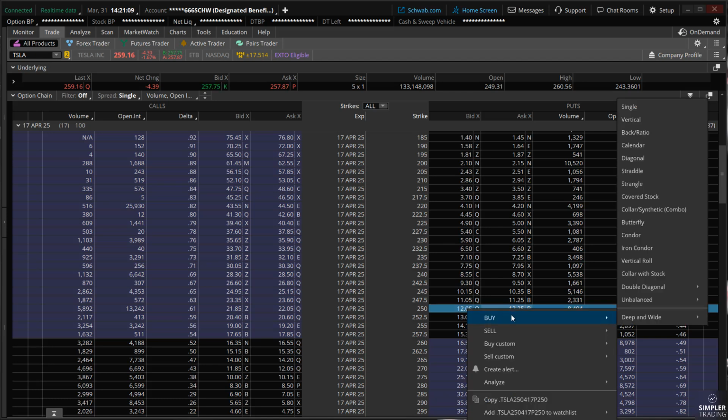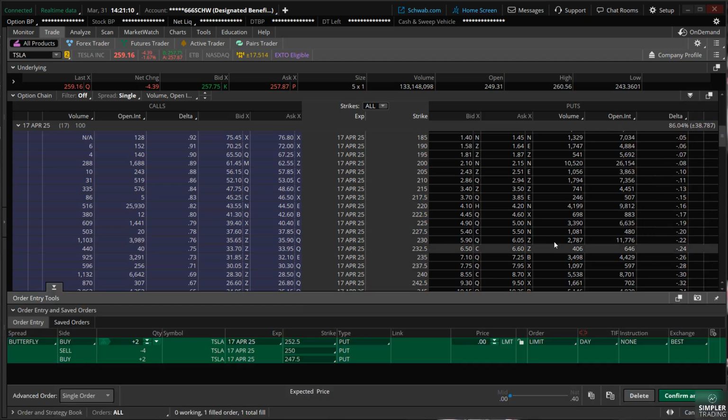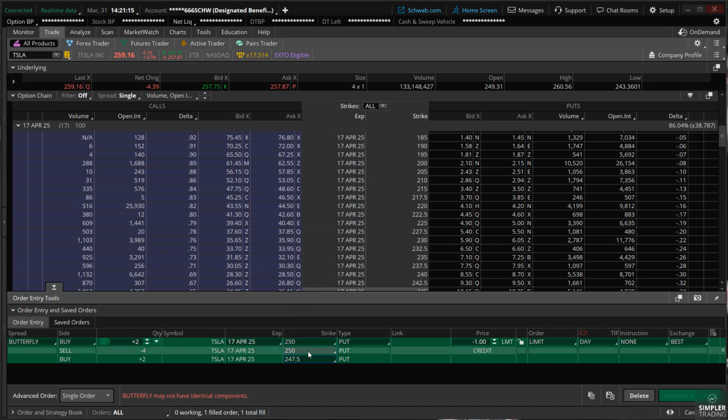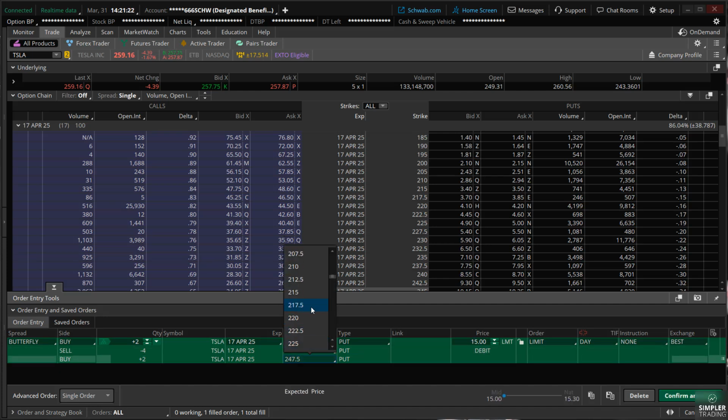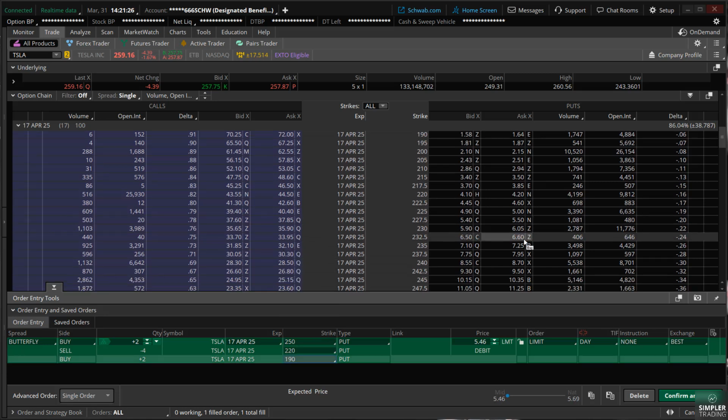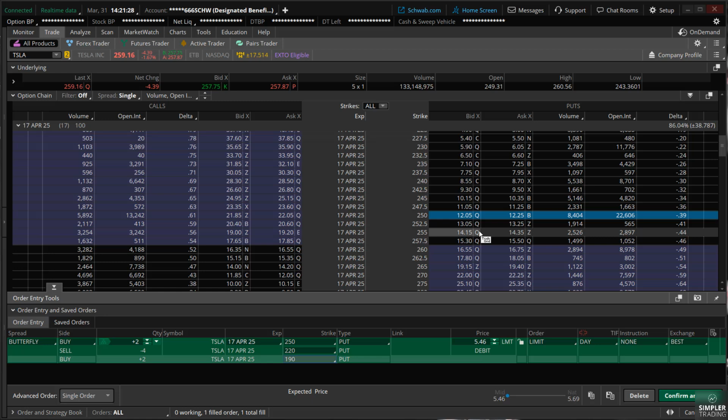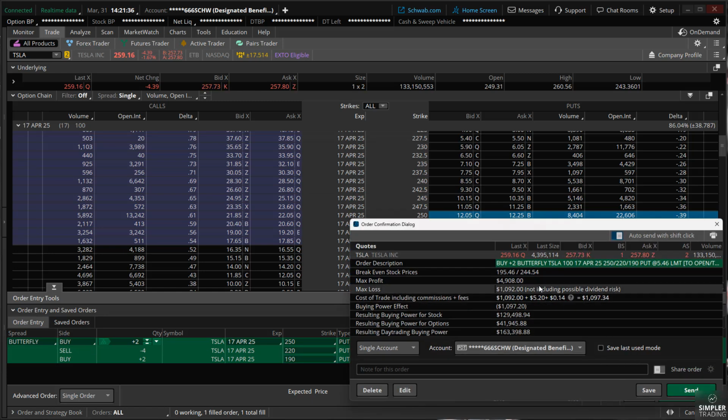So, you could do something like a bearish butterfly. Sometimes I like to do these just a little bit out of the money, especially on a volatile stock like Tesla. You could do 250, 220, let's see, 190. So that's going to cost you $5 to have a $30 wide butterfly on Tesla. So if this thing just absolutely rolls over and gets destroyed, you have a 1 to 5 risk to reward ratio on it.